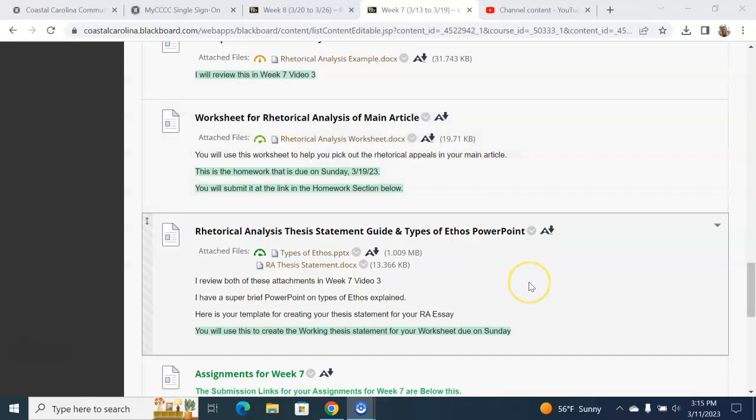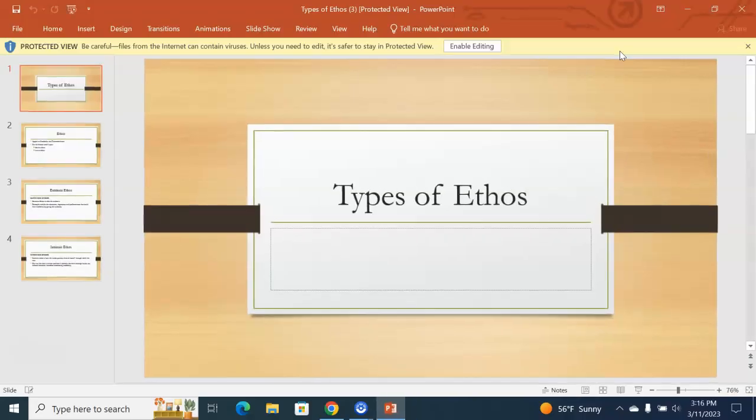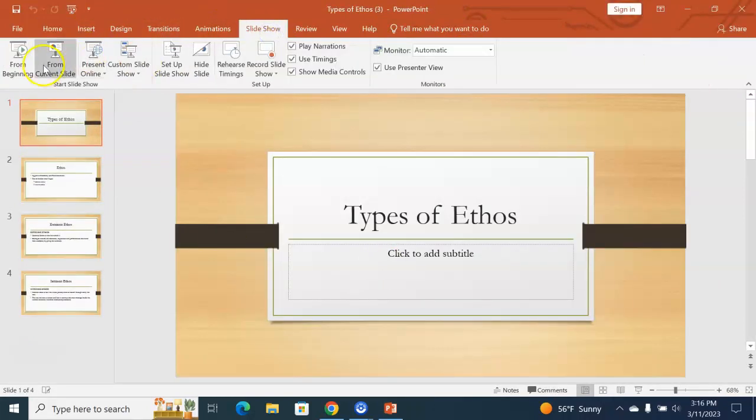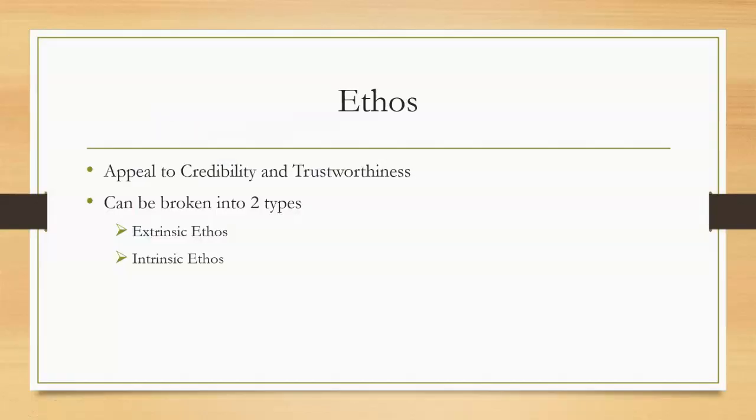So in this little document box below your worksheet, there are two attachments. The first one is a little PowerPoint, very short, explaining the types of ethos. So let's go ahead and take a look at that. So when I open that up, let me go ahead and make this bigger for our types of ethos. Remember, ethos is the appeal to credibility and trustworthiness, but we can further break that into